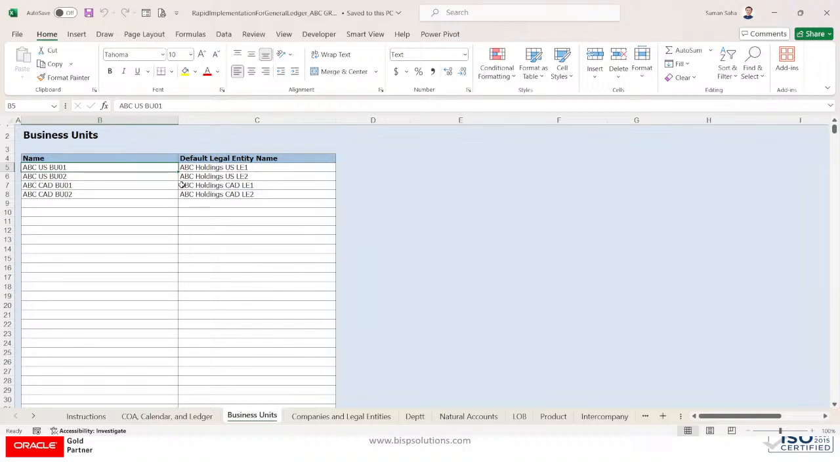I have created 2 business units with 2 legal entities in the United States attached to that particular legal entity, that is ABC US BU 01 and ABC US BU 02. With the 2 different legal entities, that is ABC Holding US legal entity 1 and US legal entity 02, and this is ABC CAD business unit 1 and business unit 2, the holding company of the CAD legal entity is attached to that particular business unit. So this is the business unit, and if I go to the company